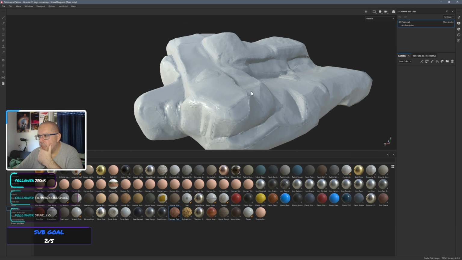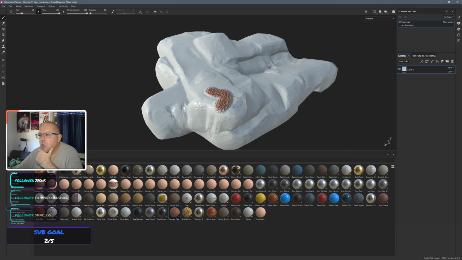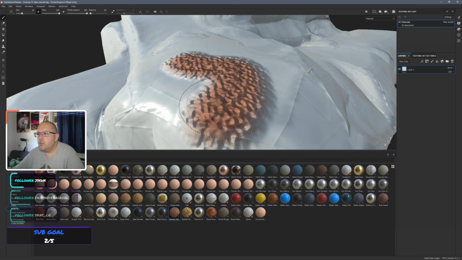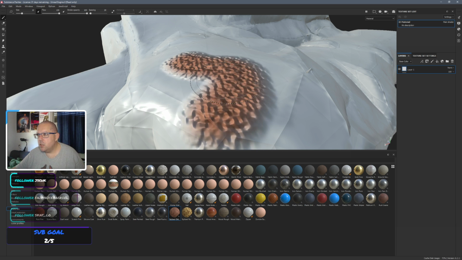So let's see if I get this right. I need something like a brush layer, and I can paint with this material. It paints all the